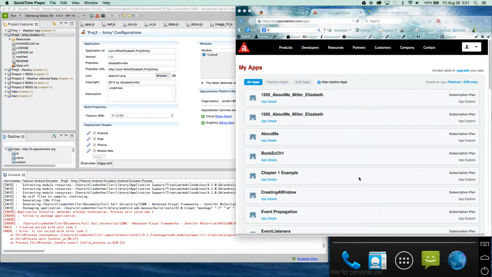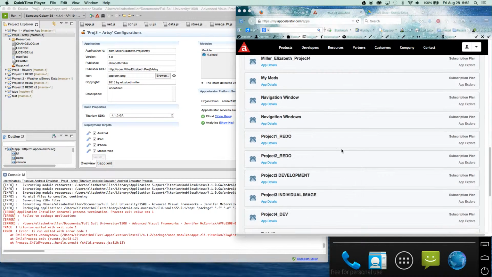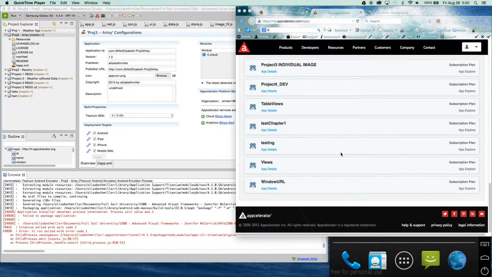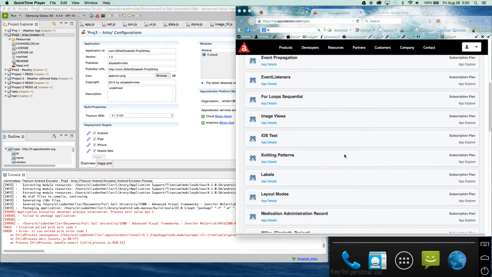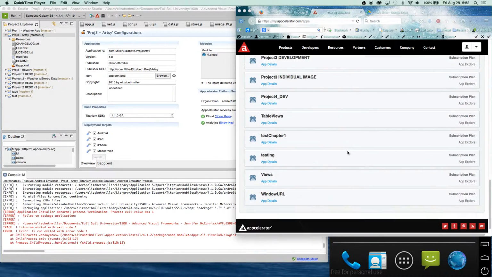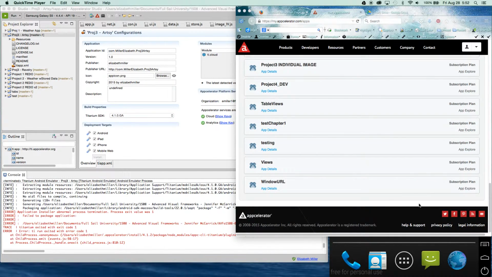I had some trouble incorporating the cloud storage. I followed the directions in one of our assignments, and it says to end up here looking at my apps, and all of these apps are mine, but they seem to be things that are much older. I don't see any of my more recent apps, and there's no next page option here at the bottom, so I